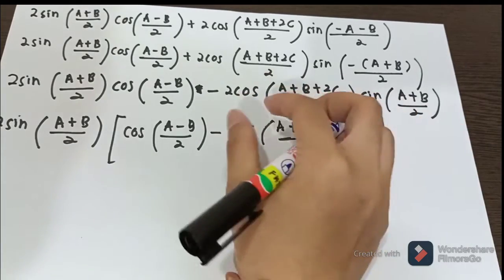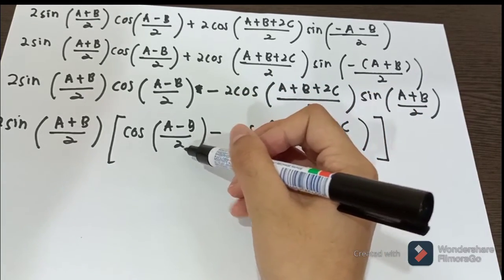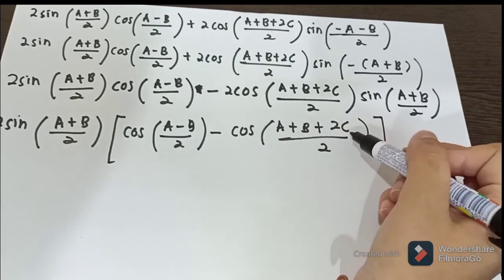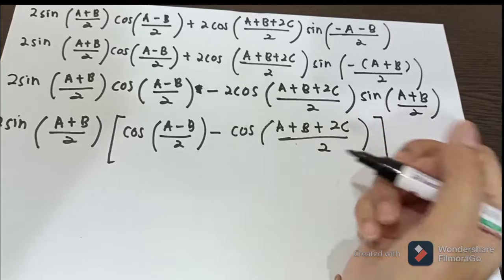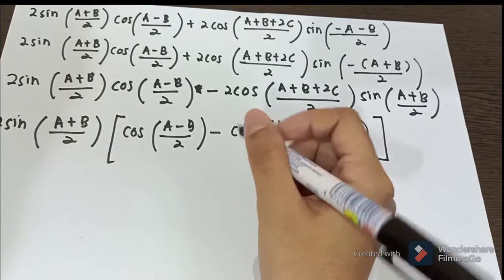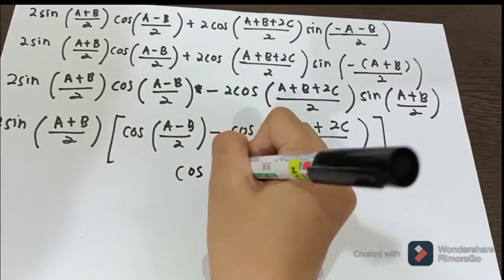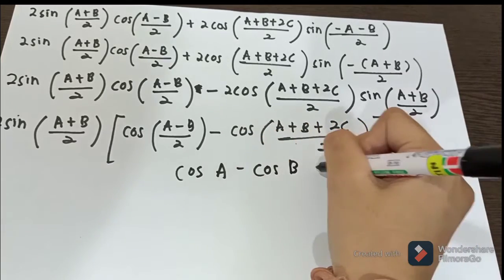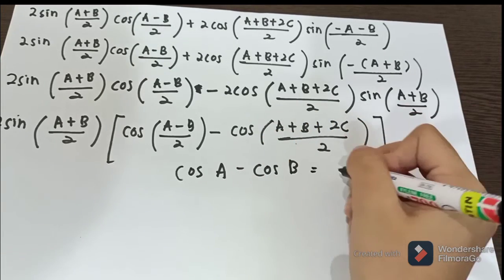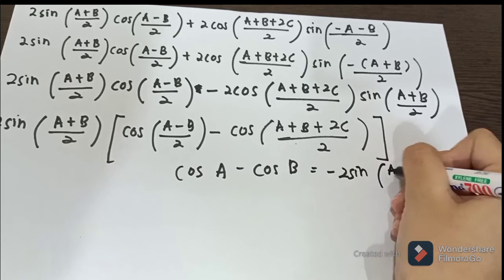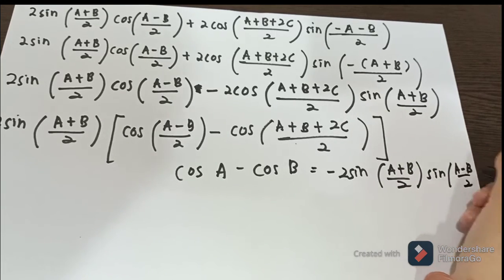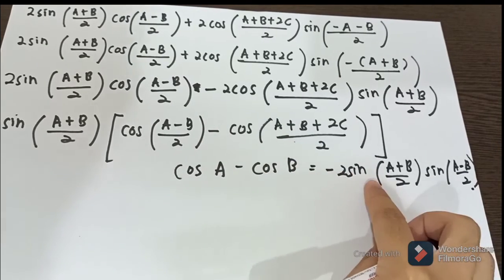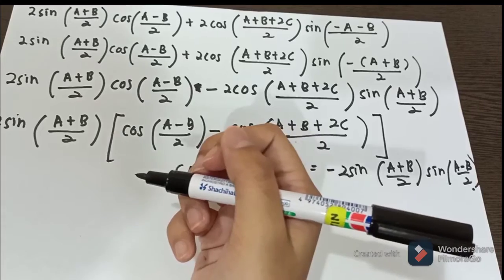So as we can see, cos A minus B over 2 minus cos A plus B plus 2C over 2 is actually equal to cos A minus cos B. So cos A minus cos B equal to negative 2 sine A plus B over 2 sine A minus B over 2. So this equation, we have to change it like this. So it will be like